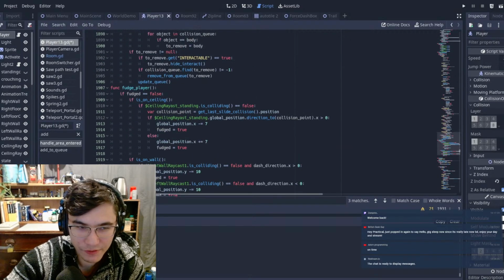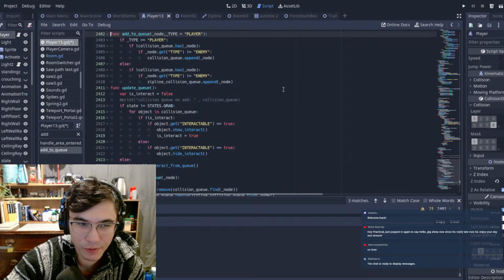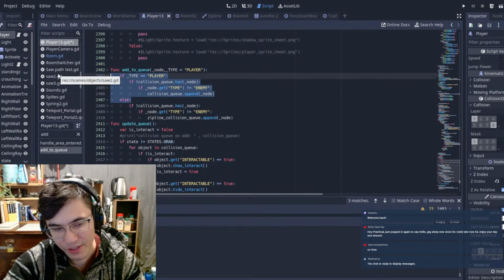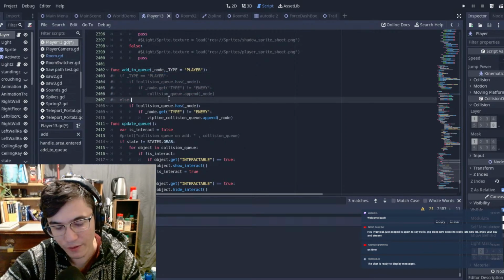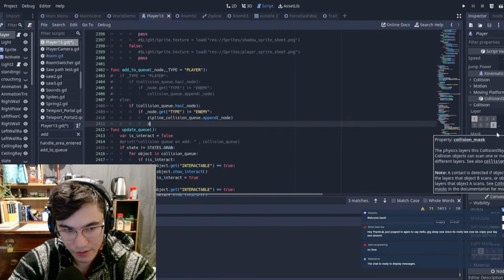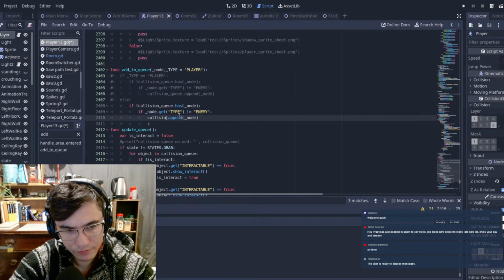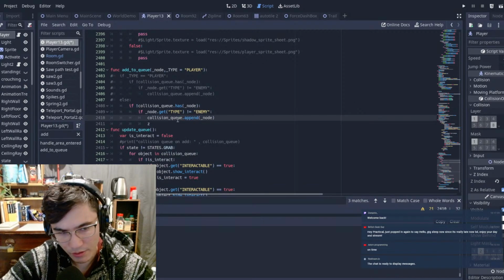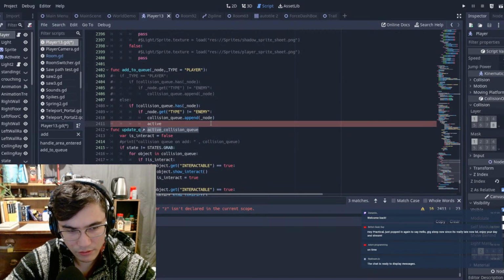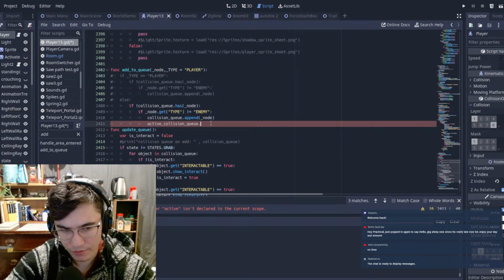Yeah, we've been struggling with this for a while, but I think we have a good idea on what we want to do. So we have this add to collision queue. No matter what, I think we're gonna comment this out. We're always gonna add to our collision queue, whether or not it's coming from the player or from the zipline. Oh wait, no, whoops, this should be collision queue. Collision queue dot append our node, and then we're also going to do active collision queue dot append